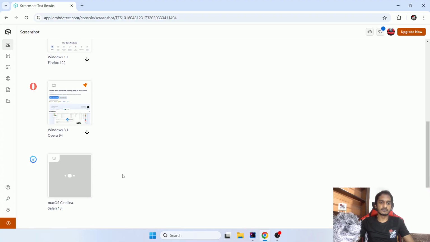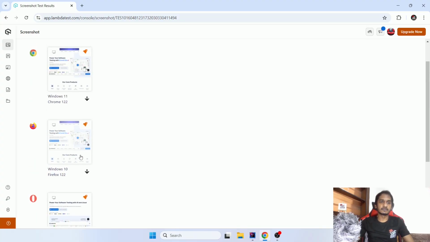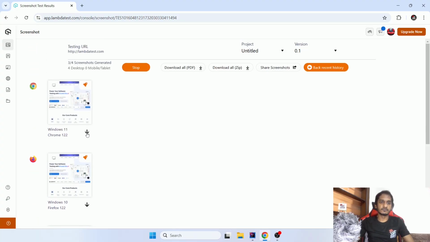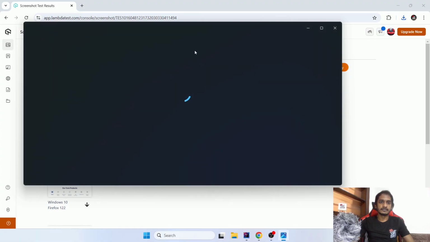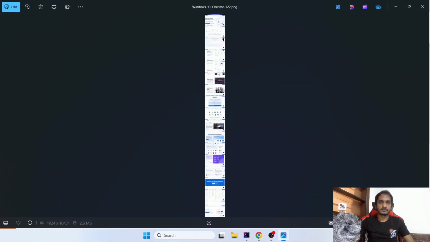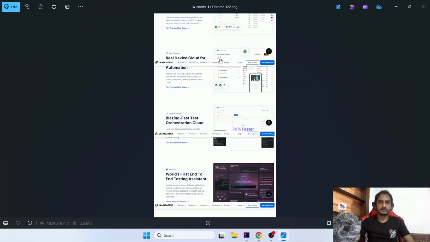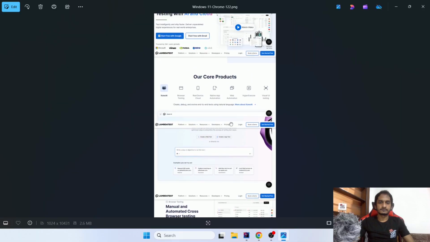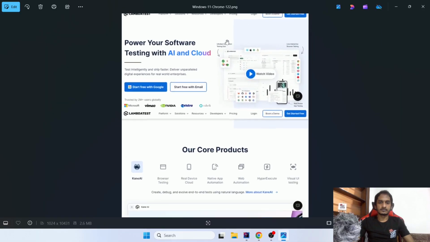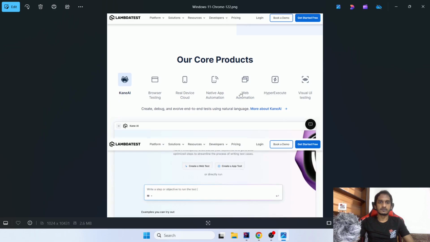Still the Safari one is not there, but the other 3 screenshots were loaded. And here for each screenshot you can see the download option, and you can download each image. So this is the full website. Okay, so here you can see the whole website view